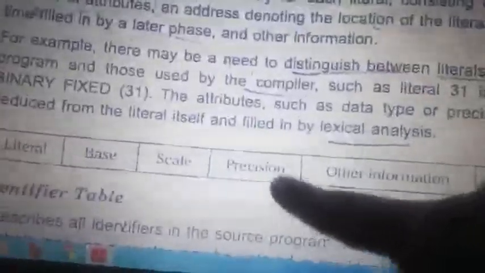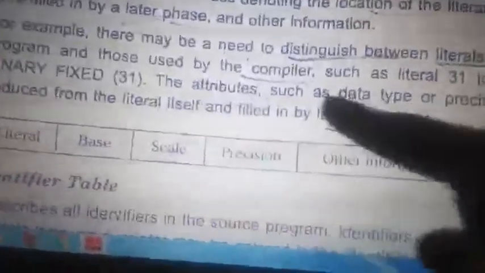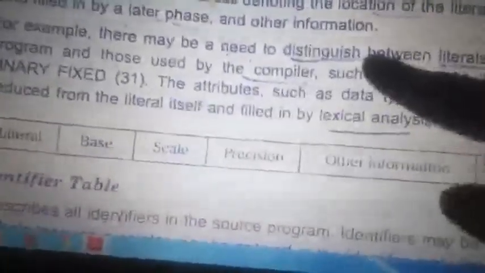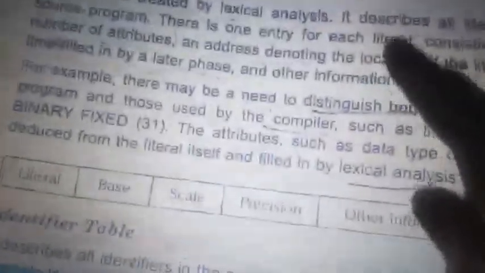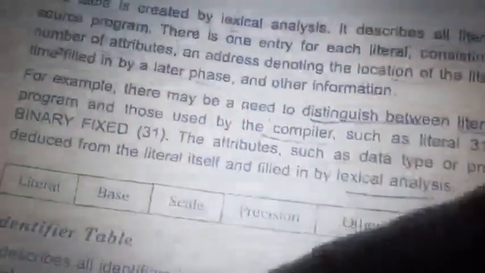If it is a precision literal, then it should specify the precision value. Precision, the fixed 31, is nothing but 32 bytes of data it is storing. Here this is also a literal, but this literal is talking about the length of a variable called binary, right? Whereas whatever literals you use are used to execute your program. So that literal is different, and this literal is different.